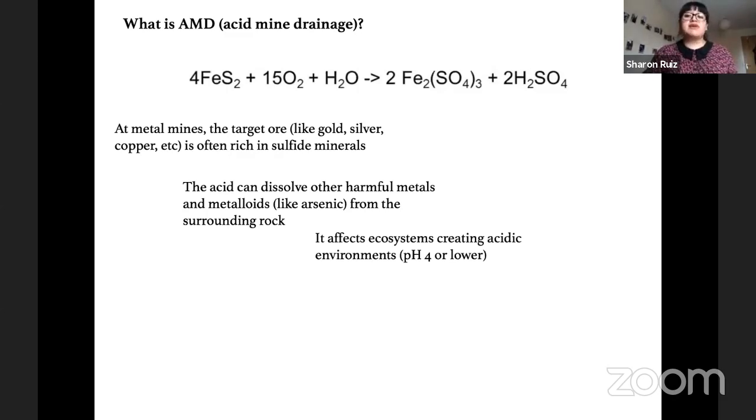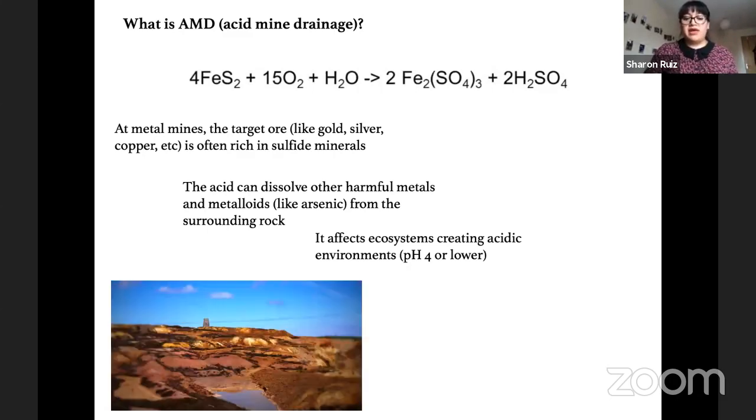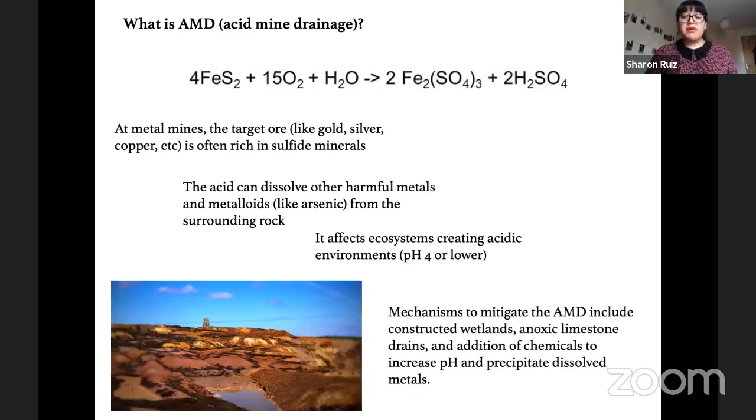So it creates an acidic environment where the pH is 4 or even lower. But we have also found that the mechanisms to mitigate the AMD impact include the construction of wetlands, anoxic limestone drains, and the addition of chemicals to increase the pH, among others. So what we have here is the wetlands. We focus on the wetland